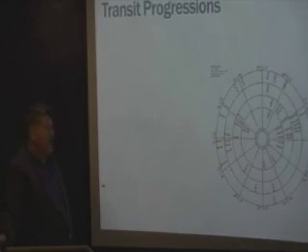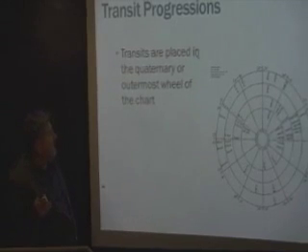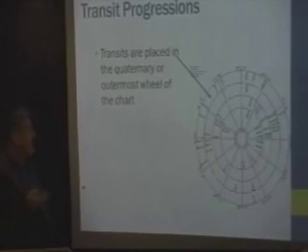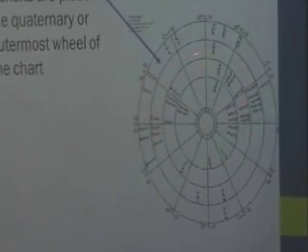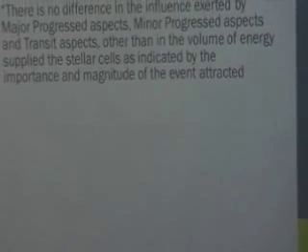So, it's only gotten more complex. When we're looking at a transit chart, we're basically looking at planets which are in the outer wheel of the chart. This is the natal chart. These are the major progressions, the minor progressions, and the transits. So, we like to say that transits function as triggers. And what Zane says